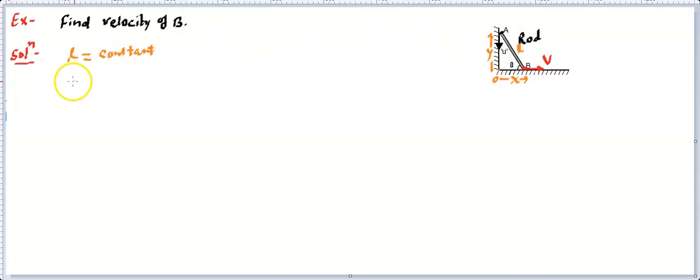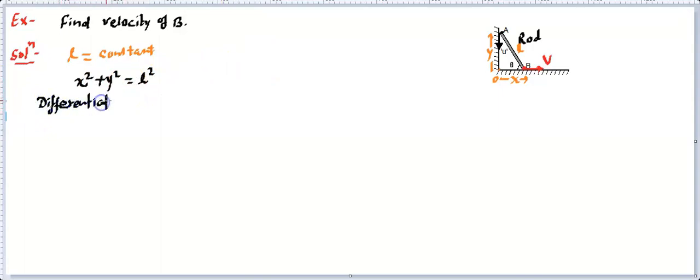So can we say from here, clearly x square plus y square is going to be equal to L square, Pythagoras. Now you can also use this theta, but you will find this theta is not a constant. Theta is going to vary when this rod is going to move like this, so theta will decrease. So theta is a variable. So we will try to use a constant with those variables which are of our interest. Otherwise this will unnecessarily make the equation complex. Now let's differentiate this. So we have understood the rule of differentiation.